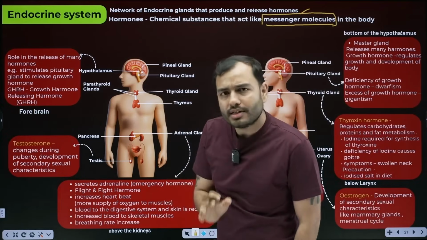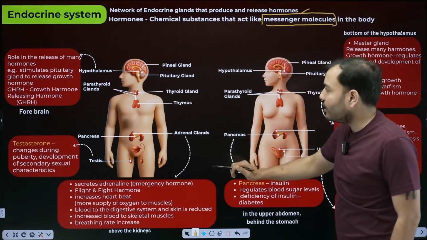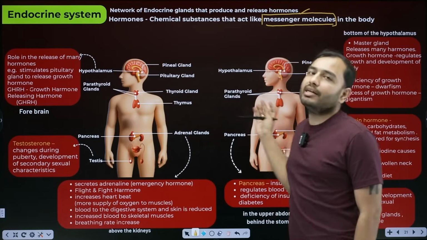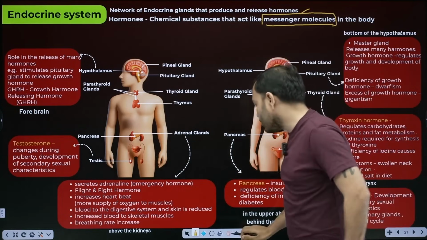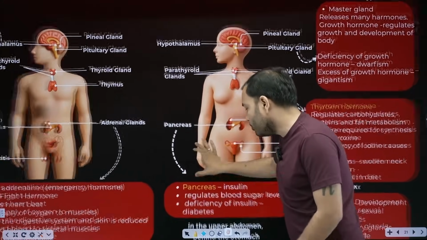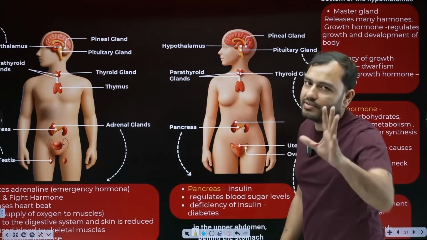They are chemicals, okay? Now we have to study some glands. Now look carefully, why are there two diagrams? Because the male reproductive organs and female reproductive organs will be different. The other glands will be the same. The reproductive ones need to be looked at separately. Let's start from the top. As I tell you, keep memorizing them one by one.